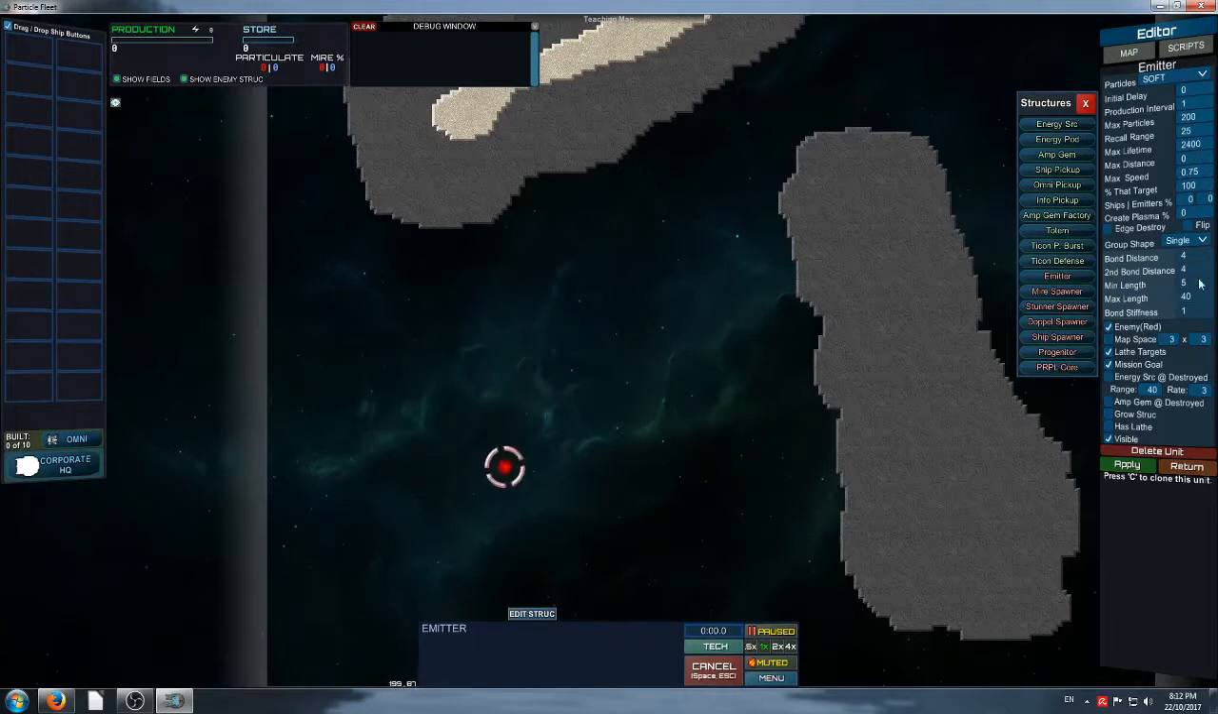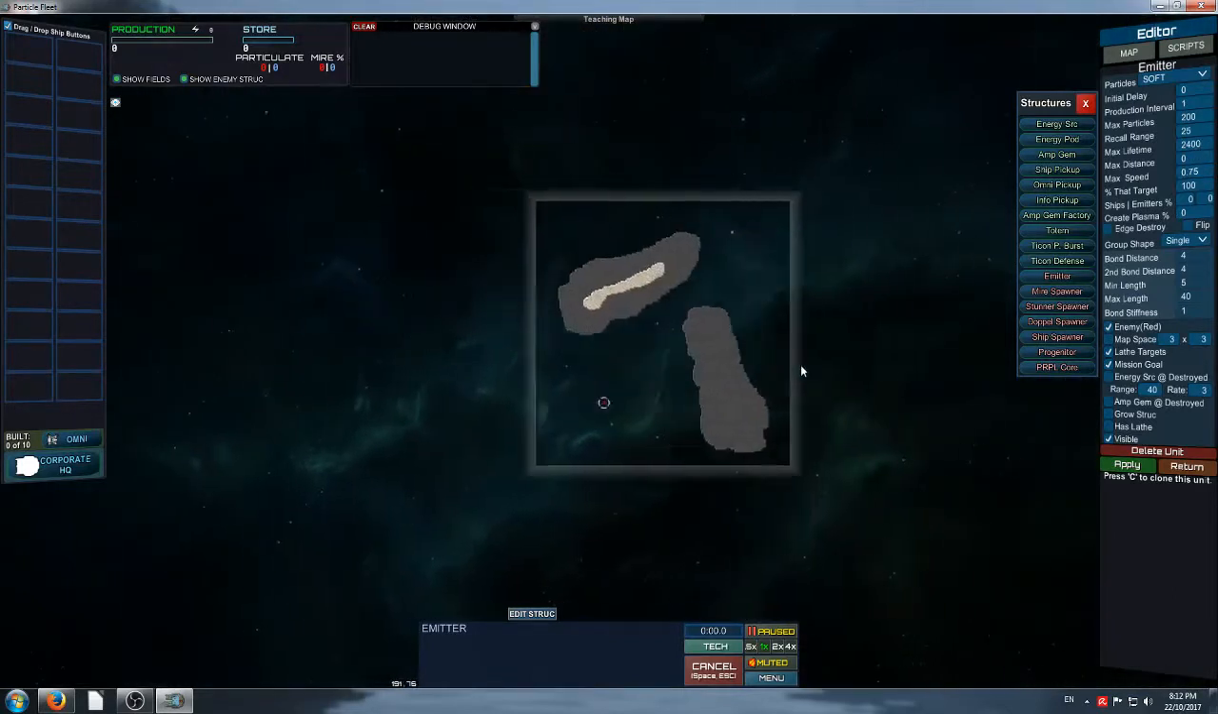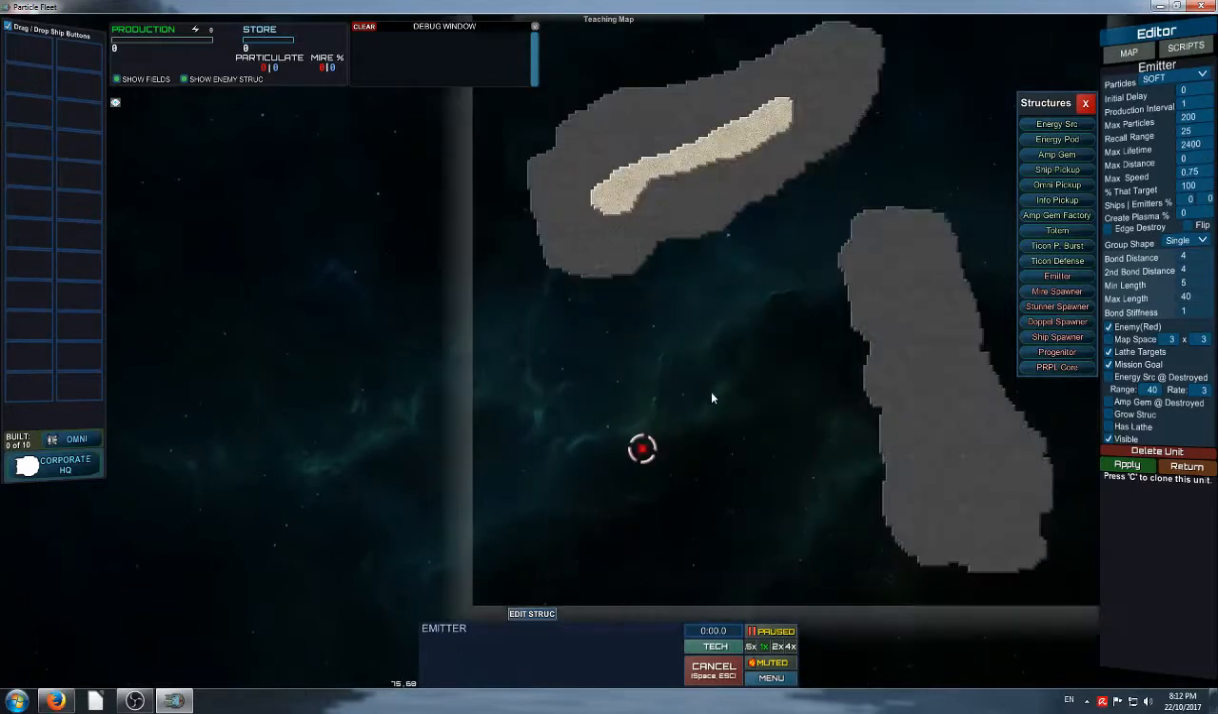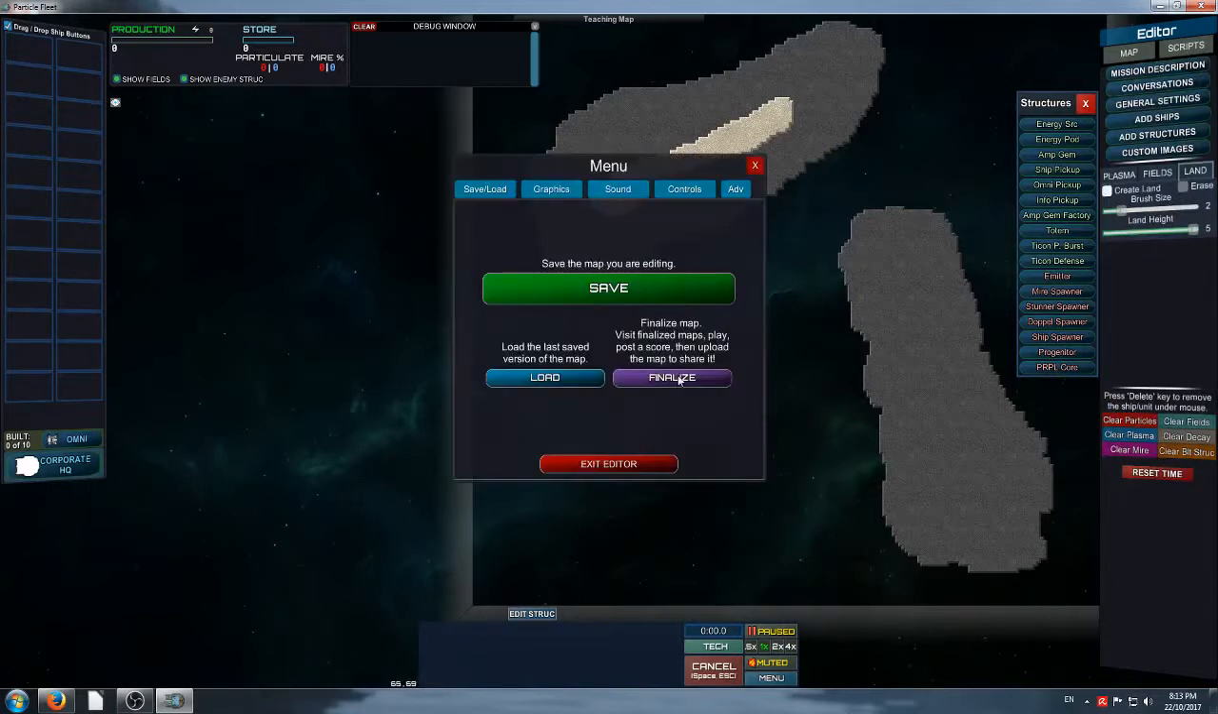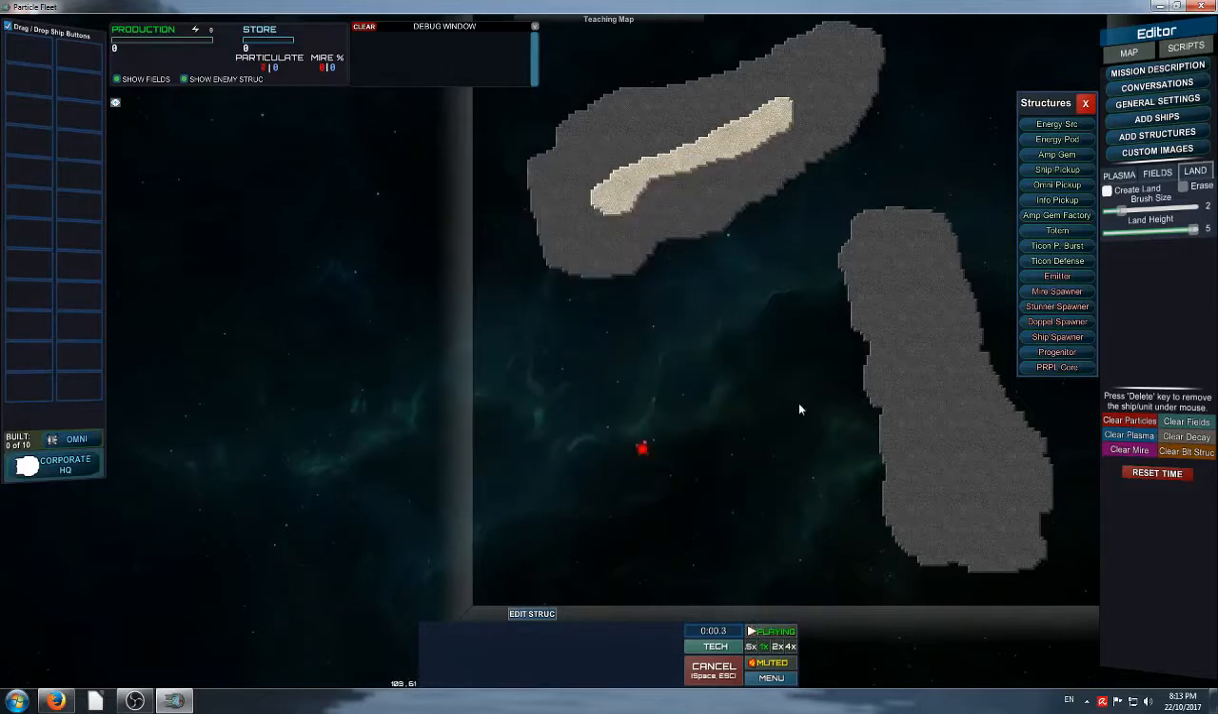So we don't really want that for now. If you want a very efficient emitter that never stops producing particles, you multiply the production interval times the number of max particles, and then you add one more set of production intervals, so 201. What's going to happen here, if I finalize that,